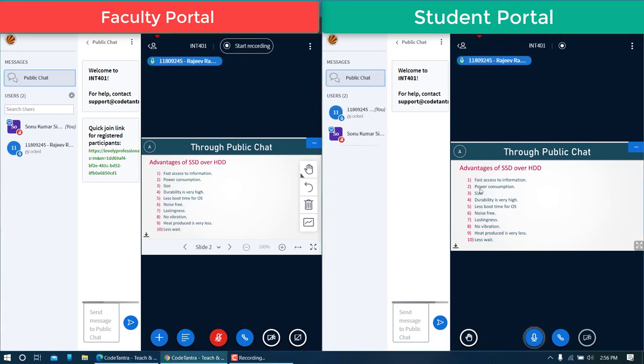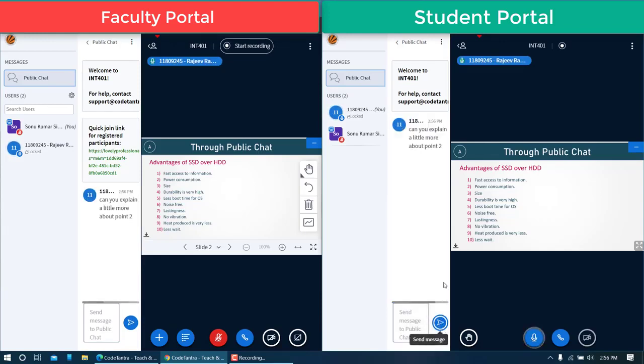Let us say that you as a student are looking at point number 2 and you didn't understand the teacher's explanation. This may be because of a breakage of the audio, or for some other reason. You want another explanation of point number 2. So what you can type in this box is, "Can you explain a little more about point 2?" And then you press the send message button.